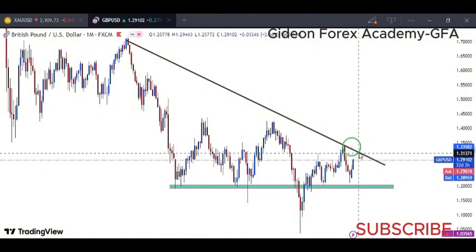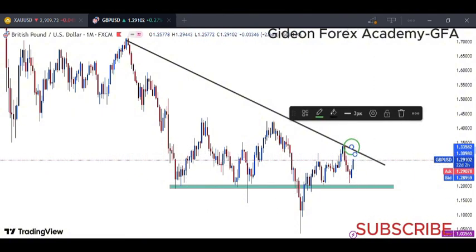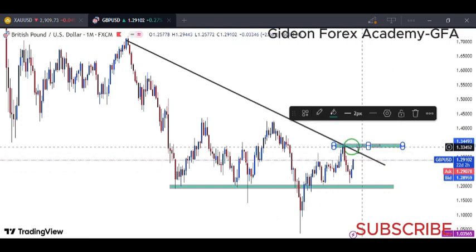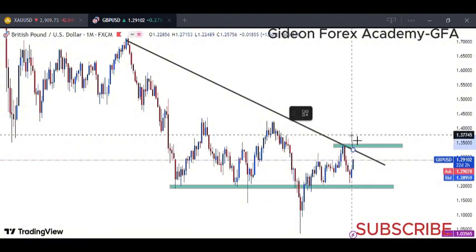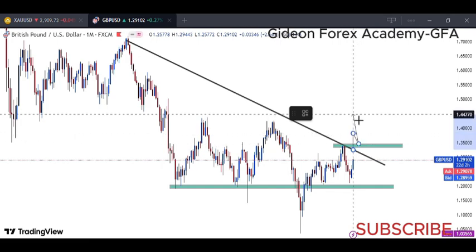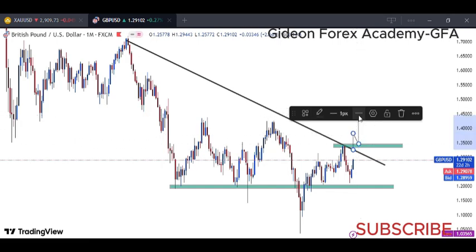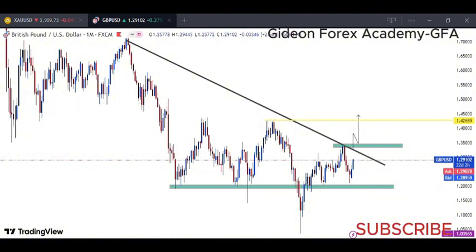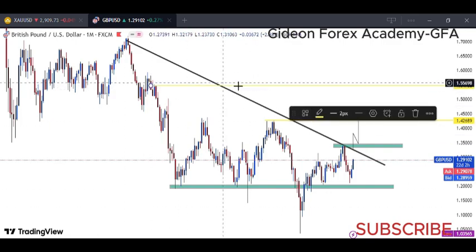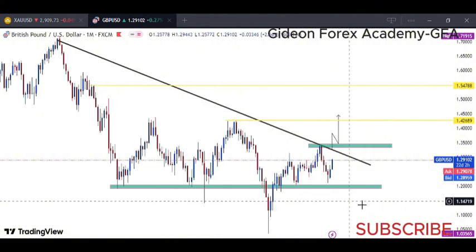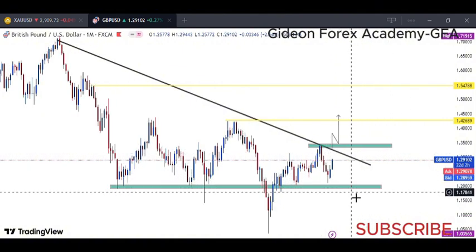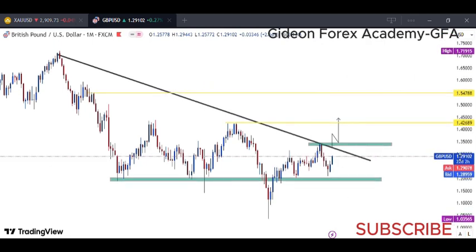And should it break above this level, what we are looking at is a continuation of the weakening of the dollar. If it continues to weaken, a break above, a possible retest, and a continuation to those levels over there. So we might be looking at buying all the way to that point, and then continuing the buys all the way to that point, should the dollar continue to weaken. Right now the dollar is not really doing good, as you know, with geopolitics and Trump threatening the tariffs on allies and all of that. So that is what is happening in the market right now.